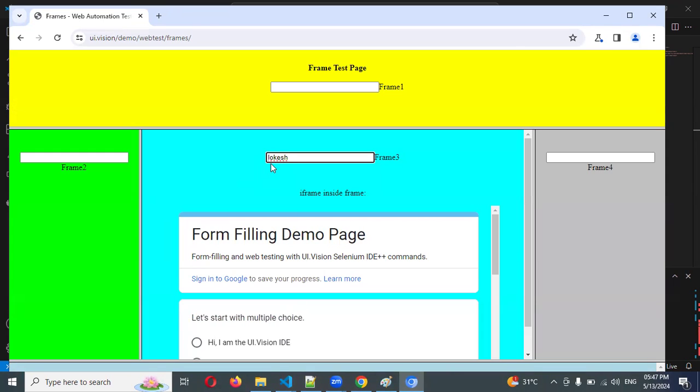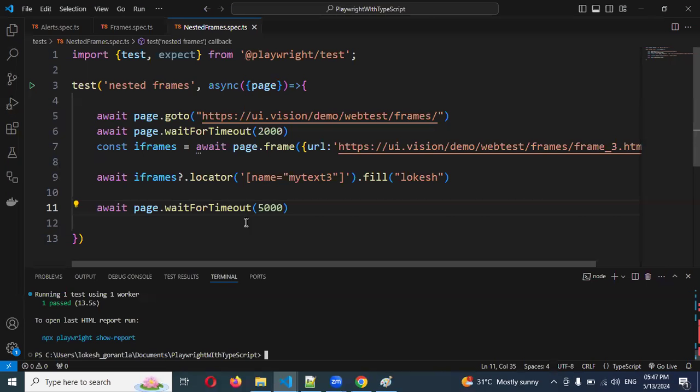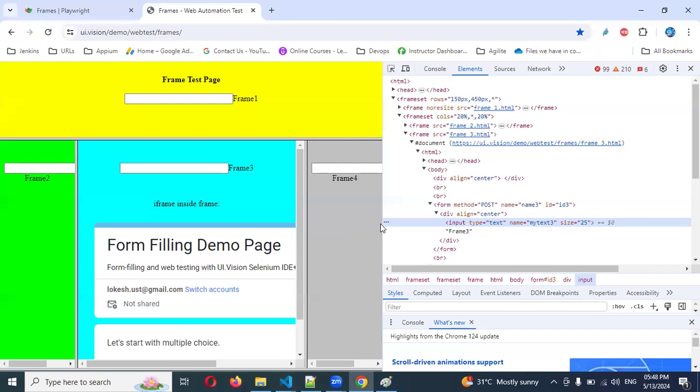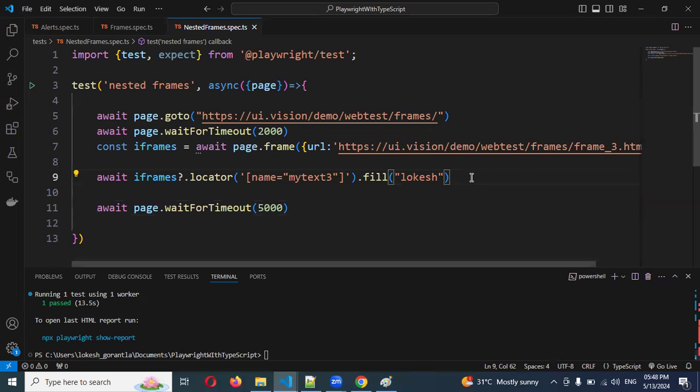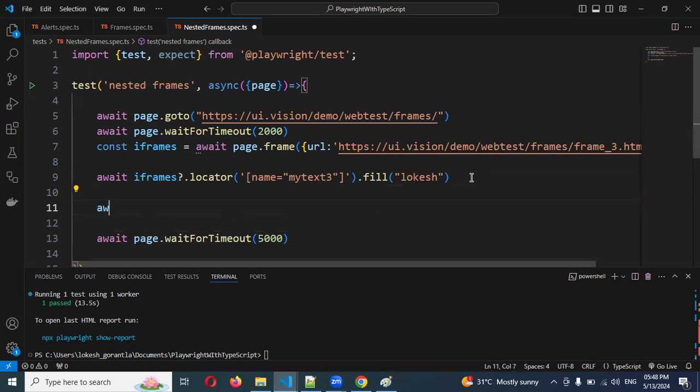Now we are able to enter a value inside the text box. Now we need to find the child elements, whether the child frames are present or not. How can we find it? And here we have a wait,